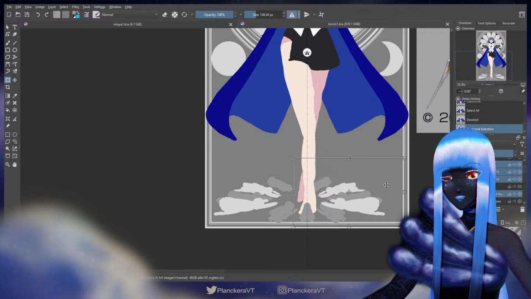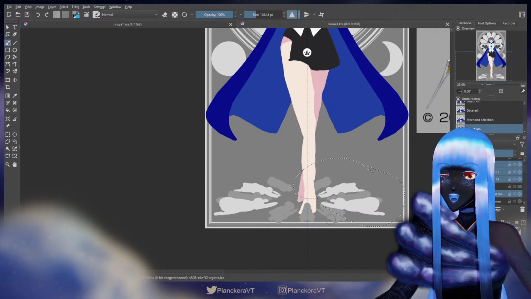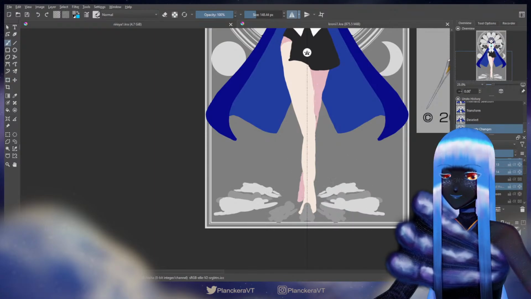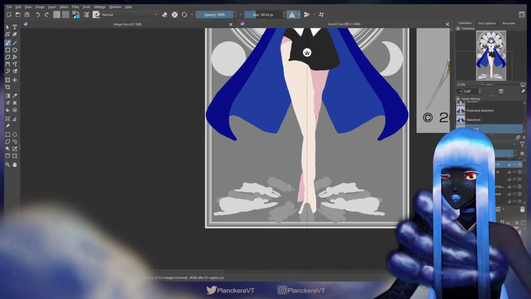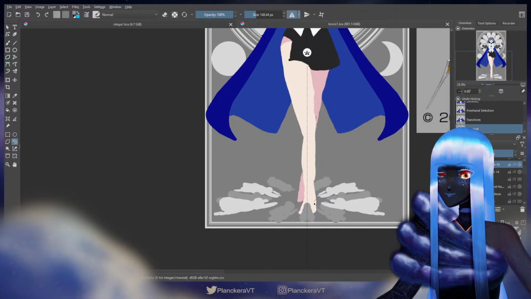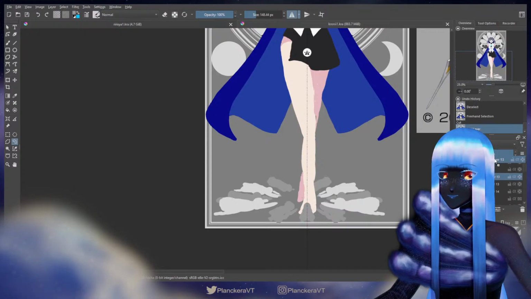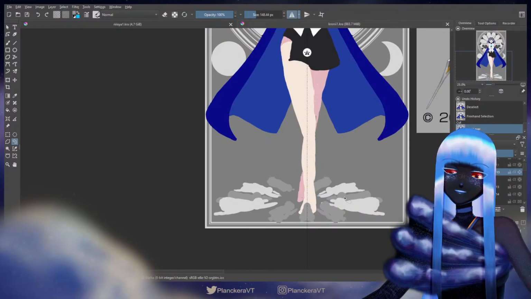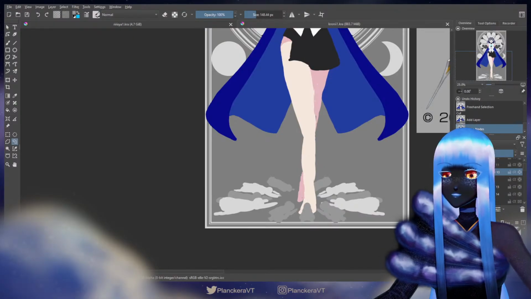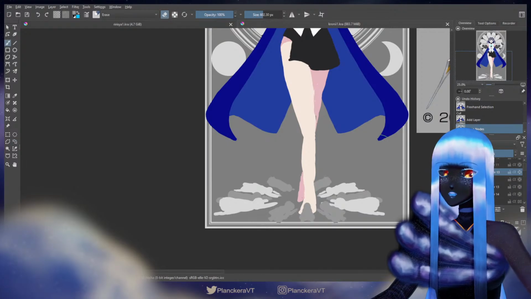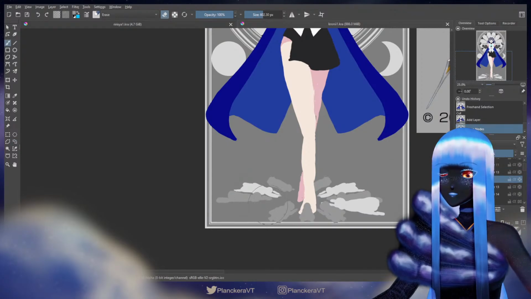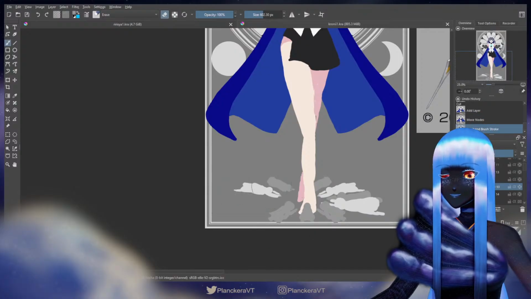Okay, so I got all the guys on this side. That's about where I want them. Sans, this guy needs to be in front of that guy. Boop. Boop. Easy. Okay. So now it's just a matter of fixing everything. So I'm just going to erase everything on this side.